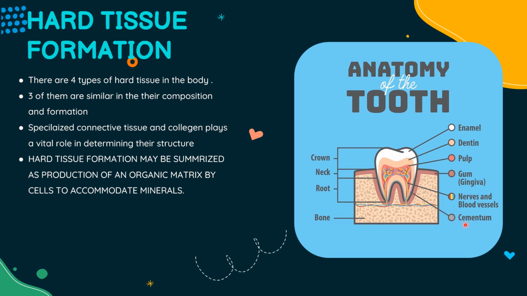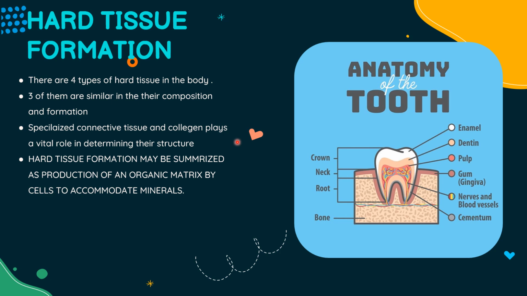This one, cementum, and this is your bone. These are the four hard tissues present in the body. Three of them have similar composition and structure, which include bone, cementum, and dentine. Specialized connective tissues and collagen are present, which plays a very vital role in determining their structure, especially collagen